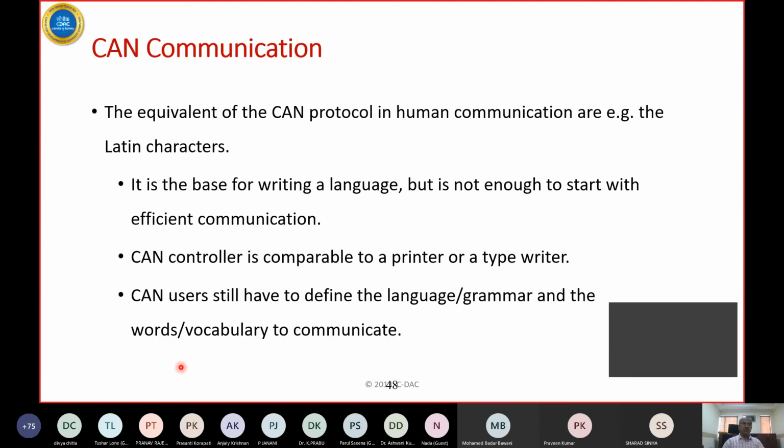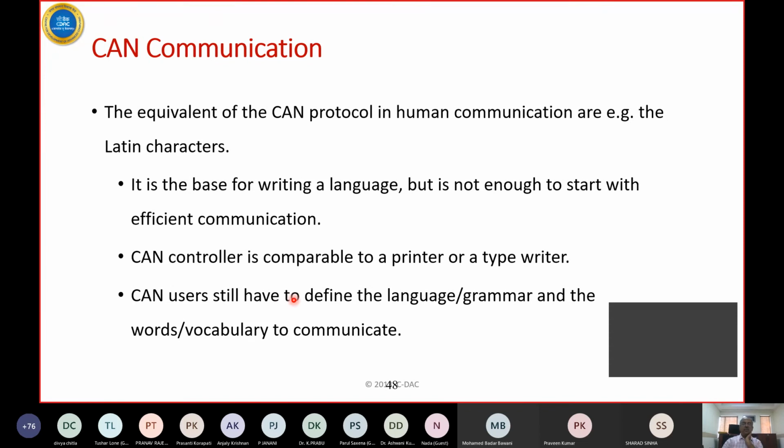Now a user can define a message in a car. Let's say you take a car by Mercedes and you are implementing the CAN protocol in it. Then there will be a message called message number 1. When you say message number 1, everybody will know that it is engine temperature. So if message number 1 appears on the bus, it contains the temperature of the engine. Suppose there is message number 5. Everybody knows that message number 5 means that the car is turning right. Who should use this message depends upon the filters that are set on every node.